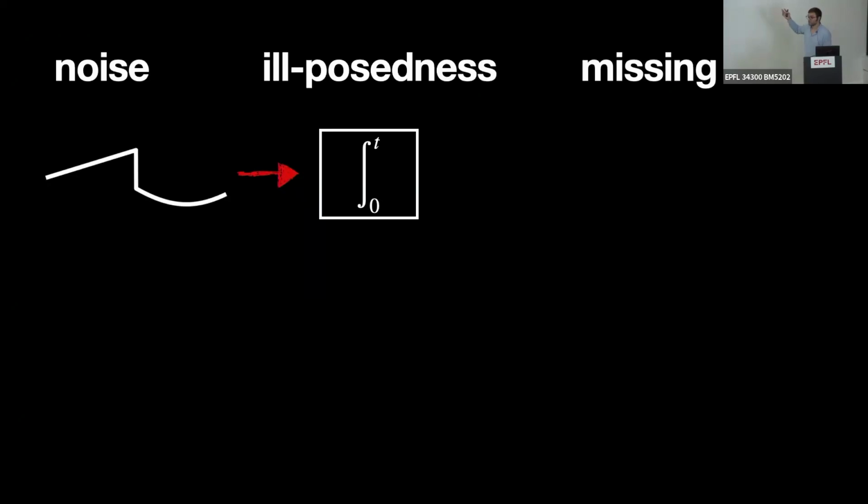Anyone can appreciate a simple example. What you're measuring when you shoot X-rays at an object is attenuation, which is an integral of some quantity, like a logarithm of absorption. And integration is a smoothing operation. When something goes in an integral, what comes out is nicer. It doesn't have these jumps. It's a smoother object.